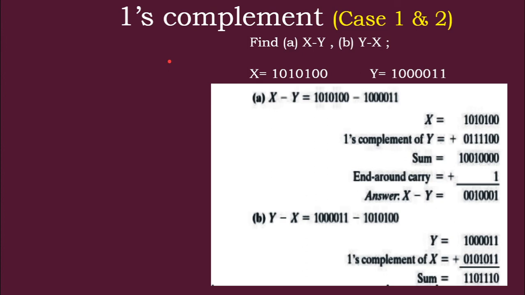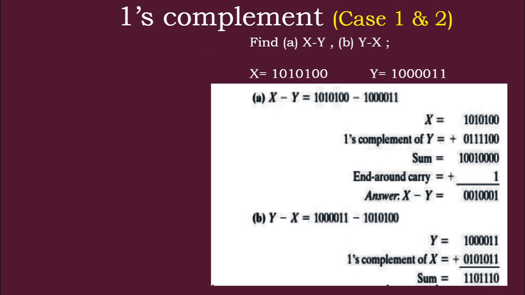So in general, in ones complement or nines complement, there are two cases. When you subtract the smaller number from the bigger number, the answer is positive. So if any end carry occurs, that carry has to be added. In nines and ones complement, the extra carry has to be added to the ones digit.